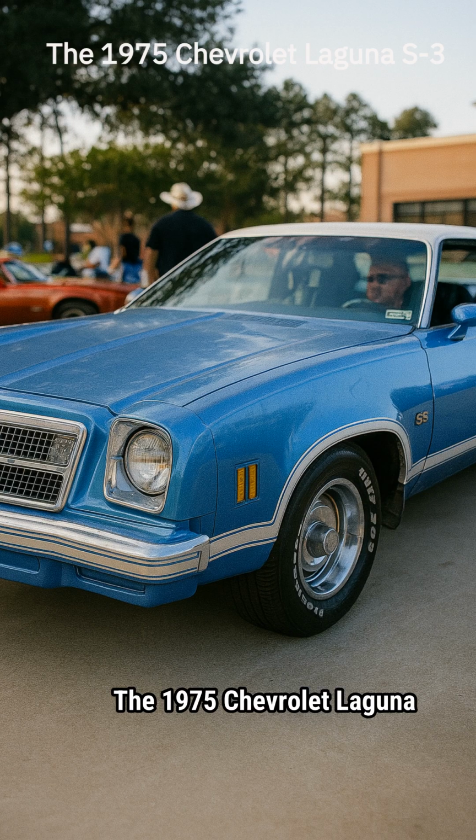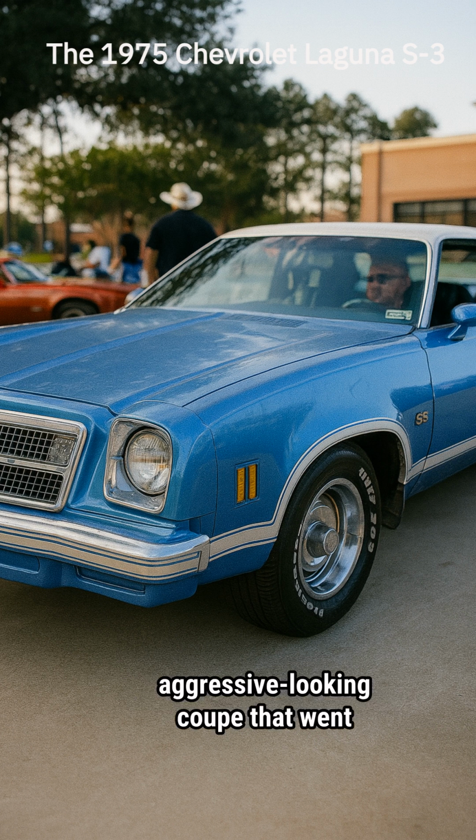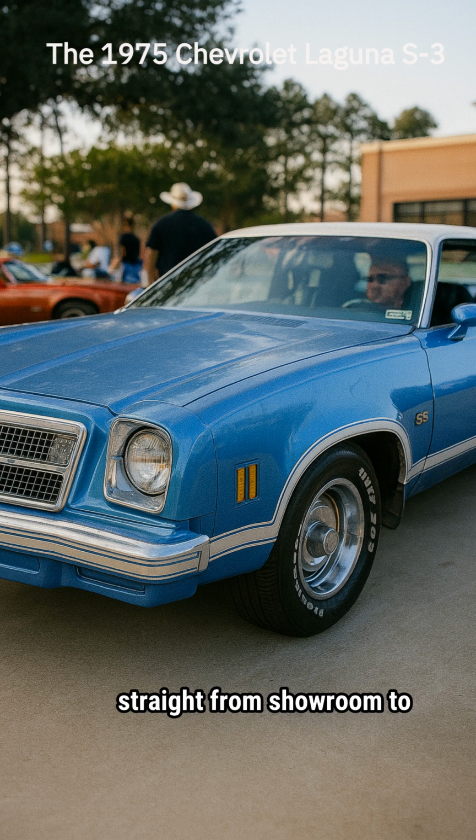The 1975 Chevrolet Laguna S3, the forgotten NASCAR warrior that brought muscle to the malaise era. By the mid-70s, federal regulations were choking the life out of muscle cars, but Chevy wasn't ready to wave the white flag just yet. Enter the Laguna S3, a sleek, aerodynamic, and aggressive-looking coupe that went straight from showroom to